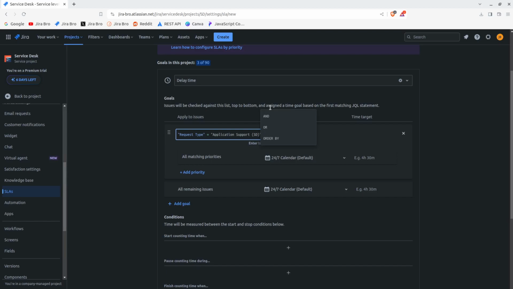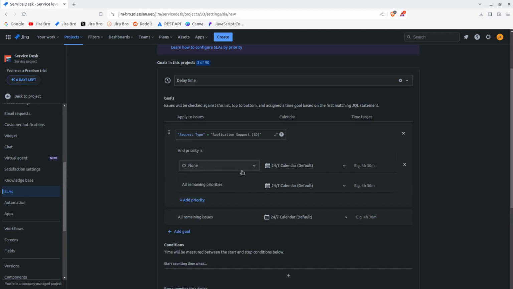All right, request type. And that says it's in here, and that is it. It's for the application support. All right, cool. Now, let's say for that request type for the application support, there needs to be like, let's